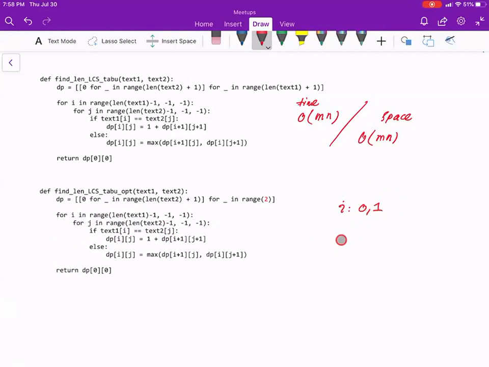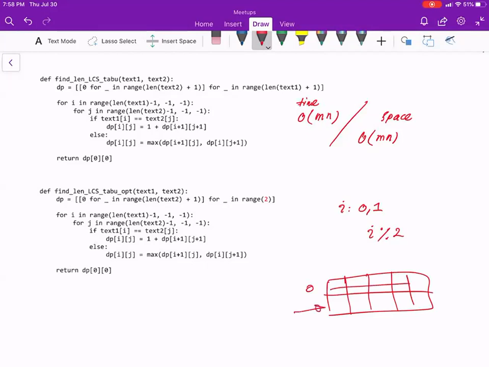How can I do this? Whenever I have I, I have to write I modulo 2. And I will automatically change between 2 rows. Let's say I have something like this. I will start with 0 and I will calculate the next row. And based on this, I will calculate this. And then it will be done one by one in 2 rows. I didn't have enough time to explain it in more detail, but it is really simple